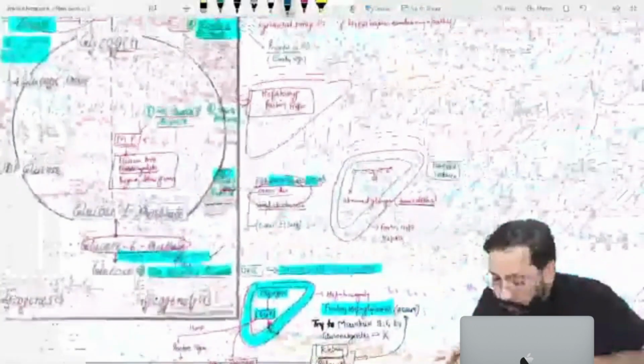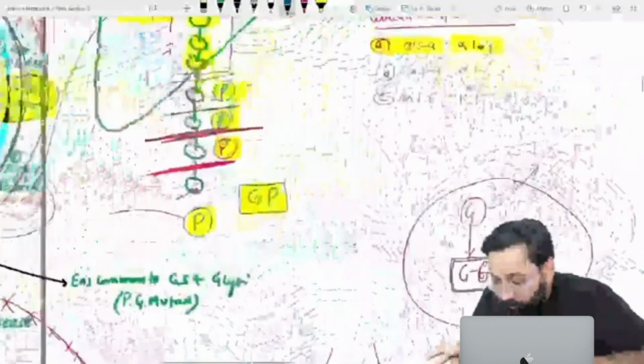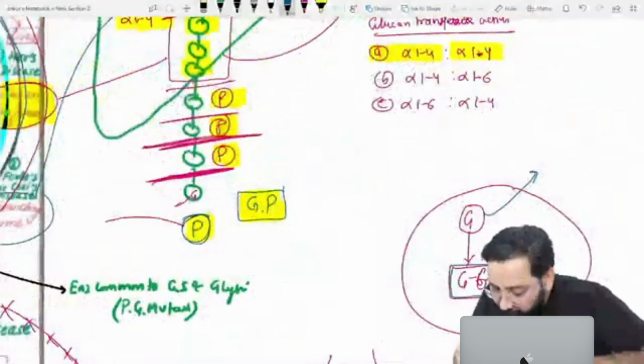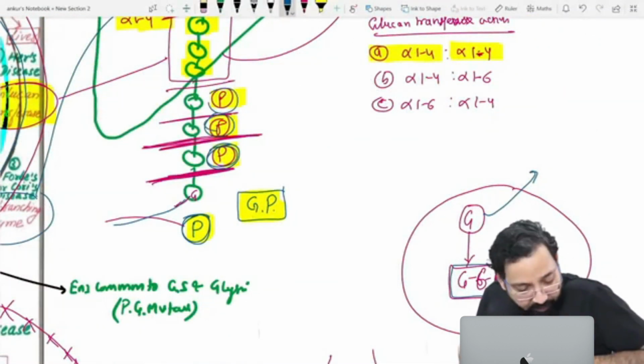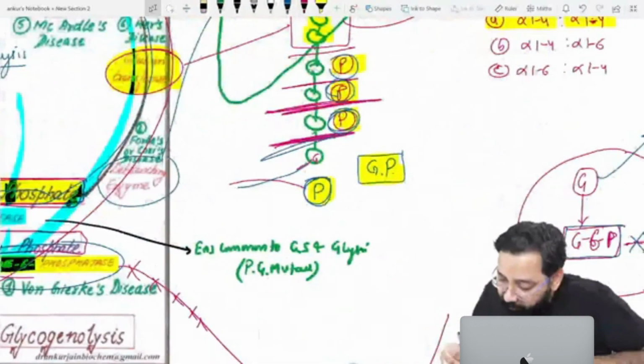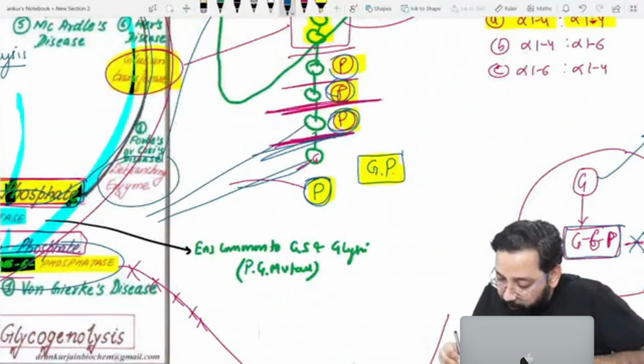But I told you in glycogen metabolism, whenever glycogen phosphorylase wants to act, glycogen phosphorylase requires phosphate. So yes, glycogen phosphorylase every time cuts glucose with the help of phosphate,